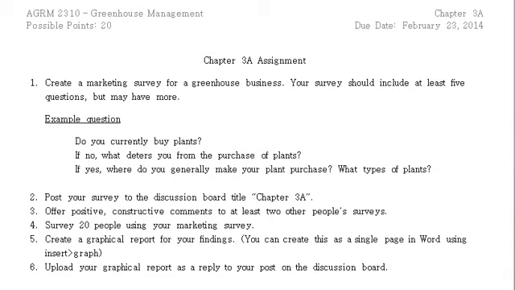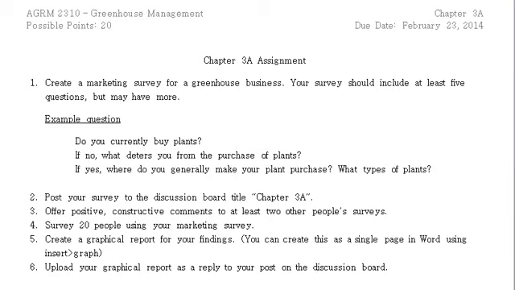So, if you look at the question here, do you currently buy plants? You might respond to the other person in your class: this is a great question that you may want to ask people, but if you were to restructure it to say, how often do you buy plants? Then you might get a better understanding of how frequent the customers are. And of course, there are lots of different routes you could take with that.